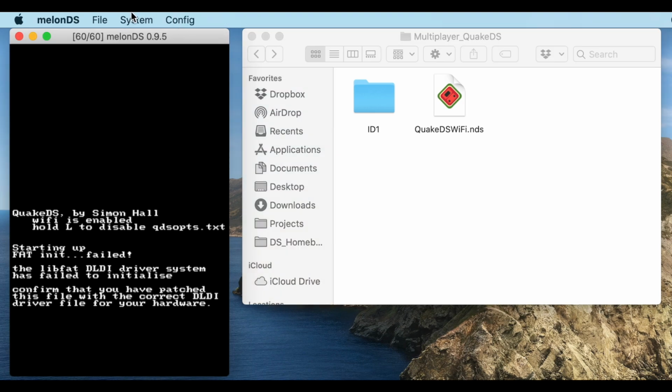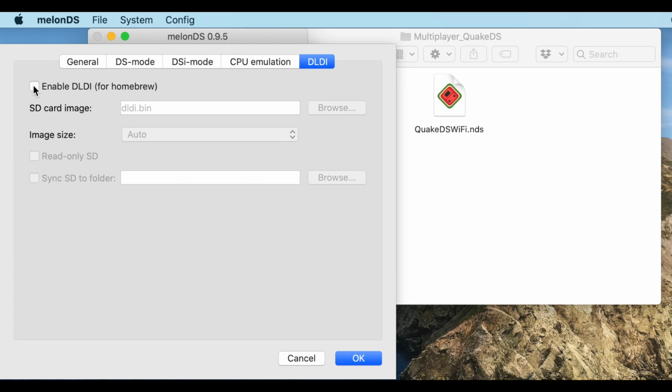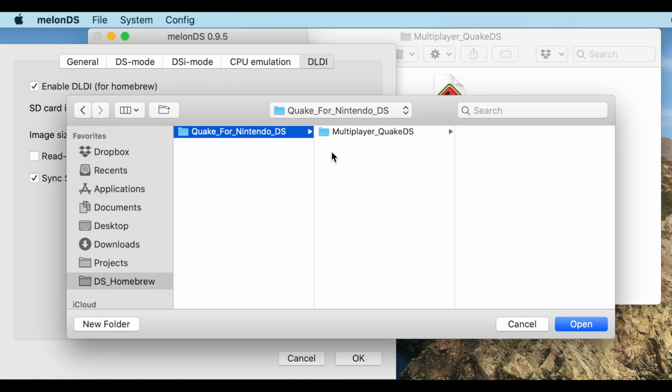So to fix this, I'm going to click on Config, and then I'm going to click on EMU Settings, Emulation Settings. Then I'm going to go to DLDI. I'm going to hit Enable DLDI, check that. And then I'm going to say Sync SD to Folder, and then I'm going to go to Browse. And in Browse, I'm going to navigate to the directory that contains my ID1 folder, which has the game data